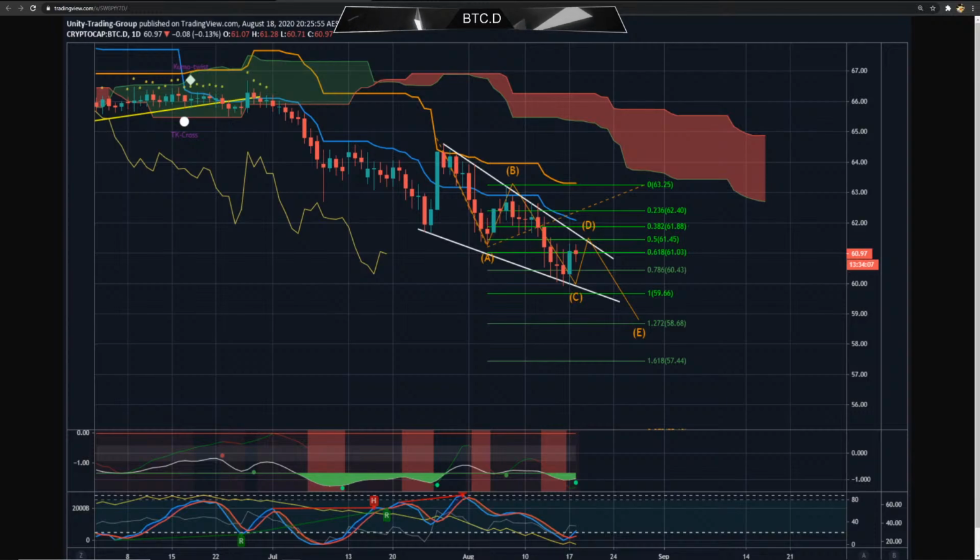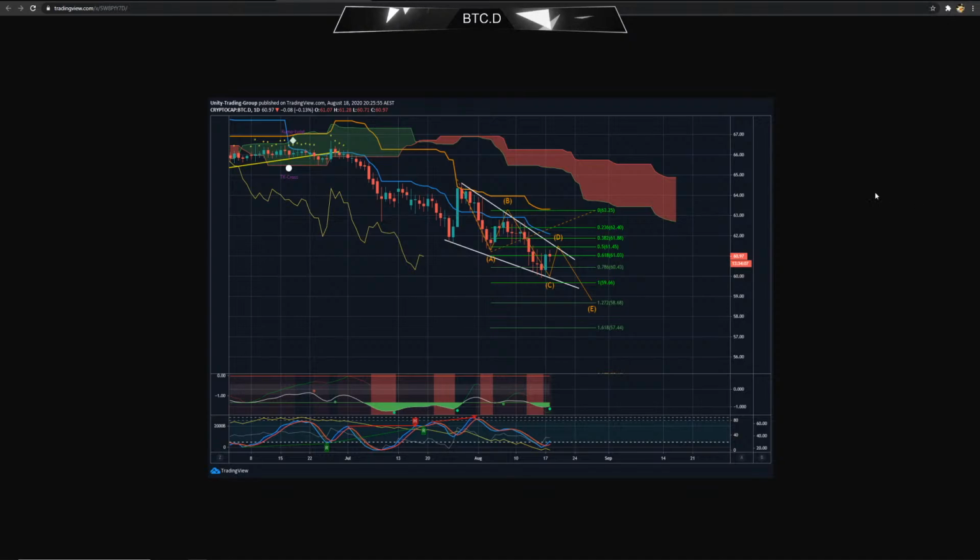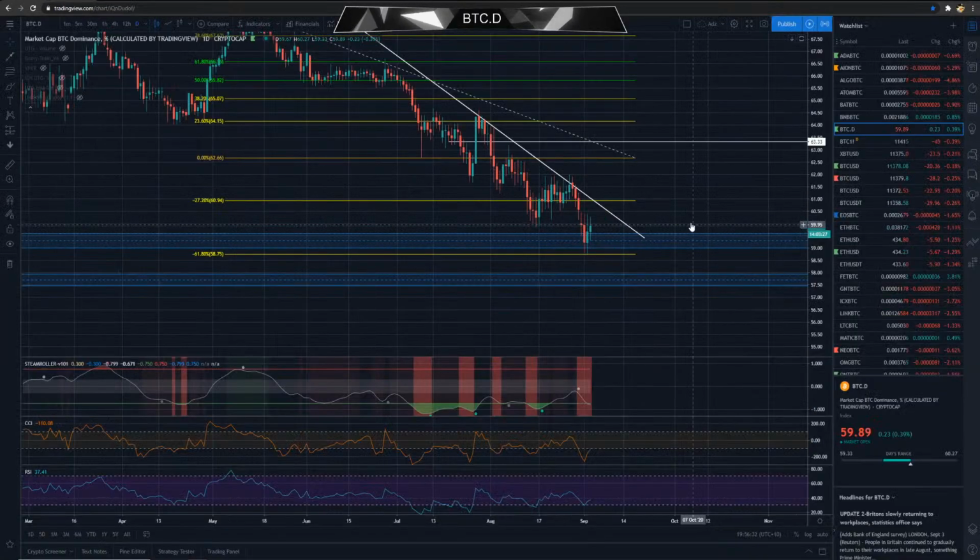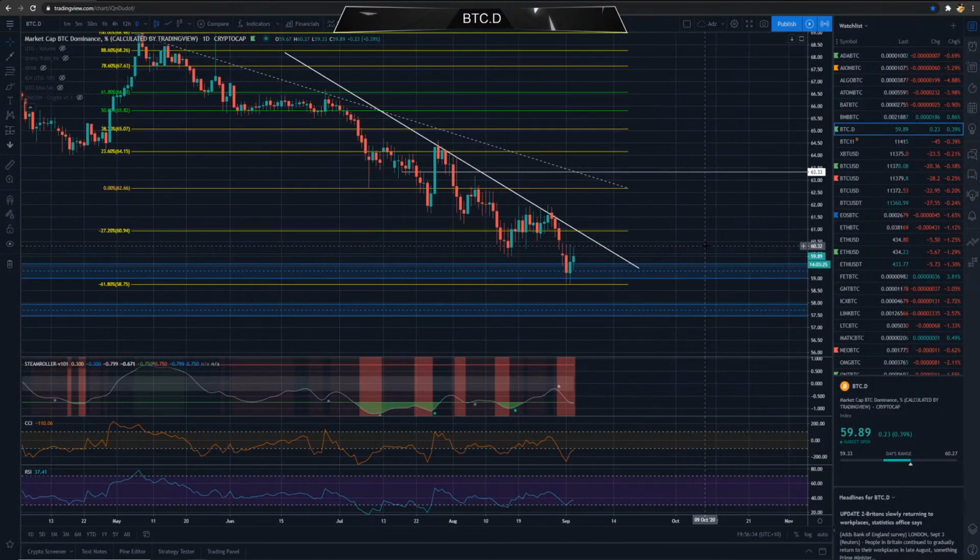But that was sort of what I was playing off, and we had a little bit of a moment where it didn't quite work out around that 61 extension, that 61 fib level, but it worked out, and that's pretty much where I'm at. So I would hope that we see some sort of relief from here for BTC, but that doesn't really agree with my prediction that if that 11.2 doesn't hold, then we're in trouble.